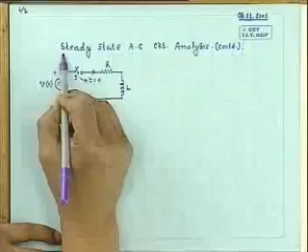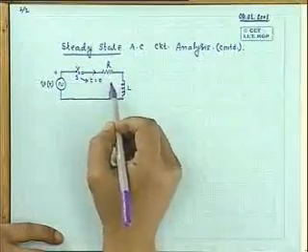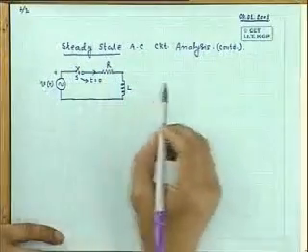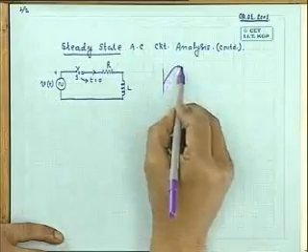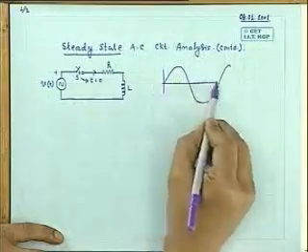In our first lecture, I told you how to analyze an AC circuit. By analysis of an AC circuit, we mean we will be interested in the steady state currents in the circuit. We will not be interested in the transient current. Because what happens is this, if the supply voltage is varying harmonically, suppose like this, suppose this is the AC